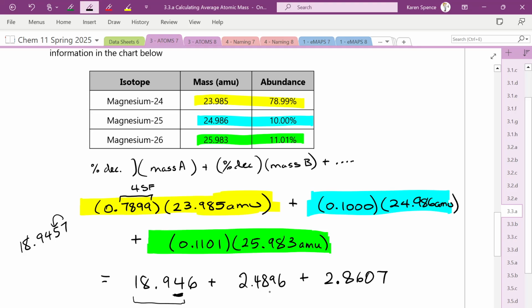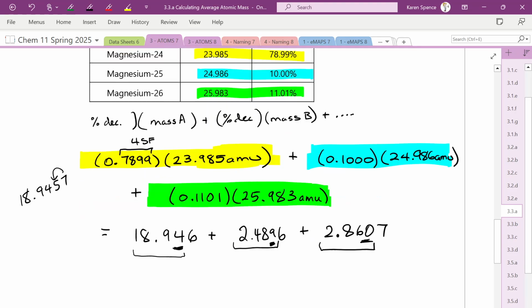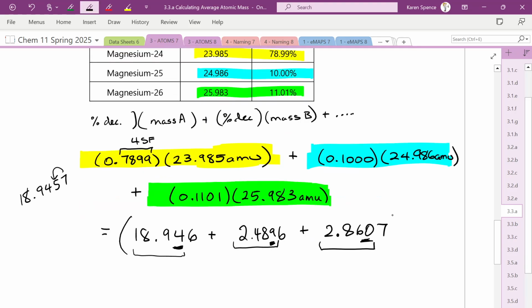2.4896, and that has 4 sig figs. And this one has 4 sig figs. And I'm going to fix the fact that I don't have units there by putting brackets and AMU. I don't care if you put dots after the AMU or no dots after the AMU, it's fine either way. And then we add them up,